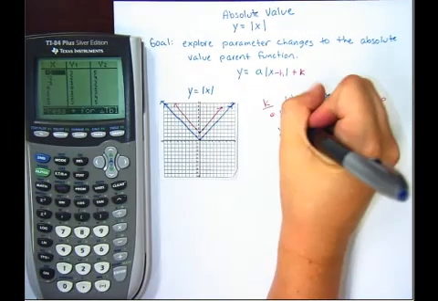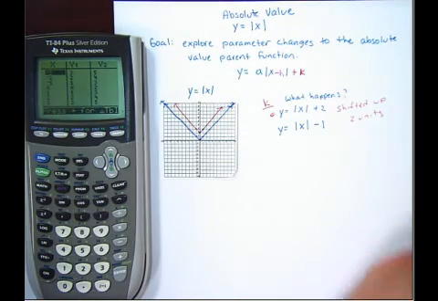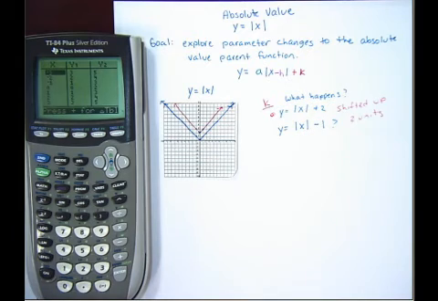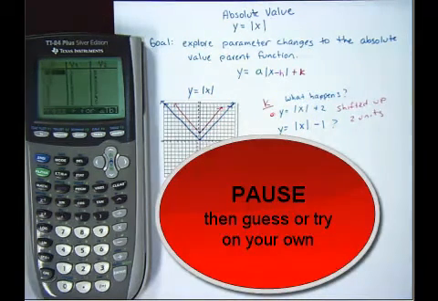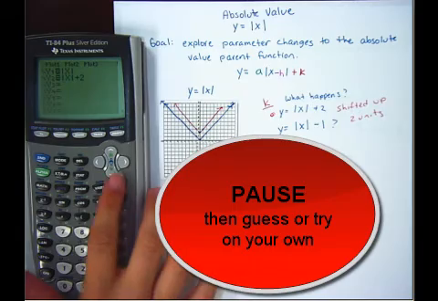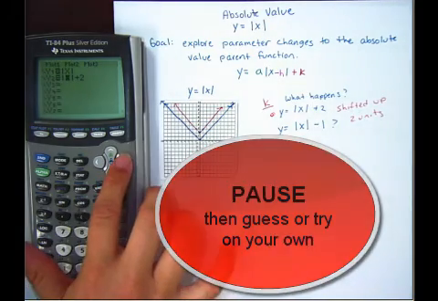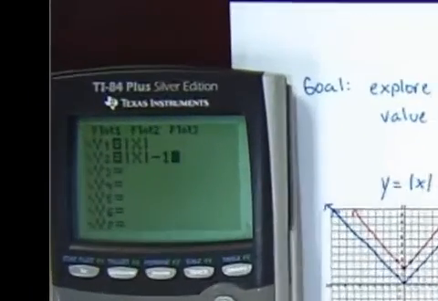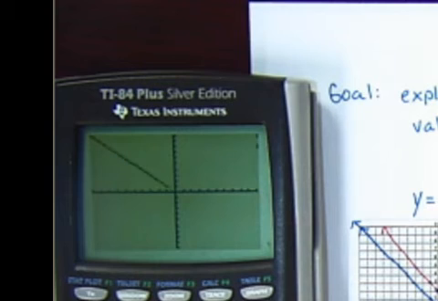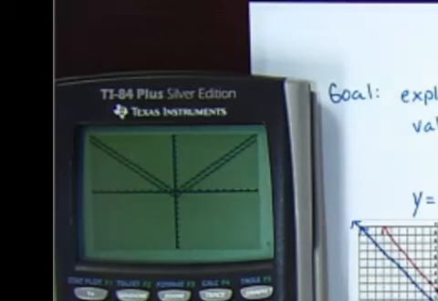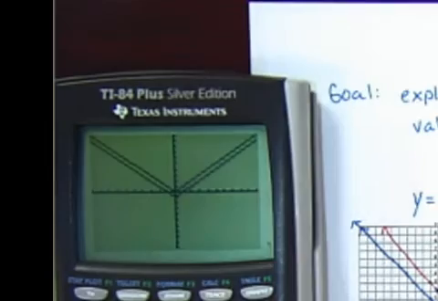2 units. So if a plus 2 on the outside shifts us up 2 units, what would you think would happen if we do the absolute value of x minus 1? Take a second and go in and see for yourself. So if we go in and we go down and we change this to minus 1, hopefully you would have guessed that a minus 1, there's your original, would shift your graph down 1 unit, which is exactly what it did. So this would shift down